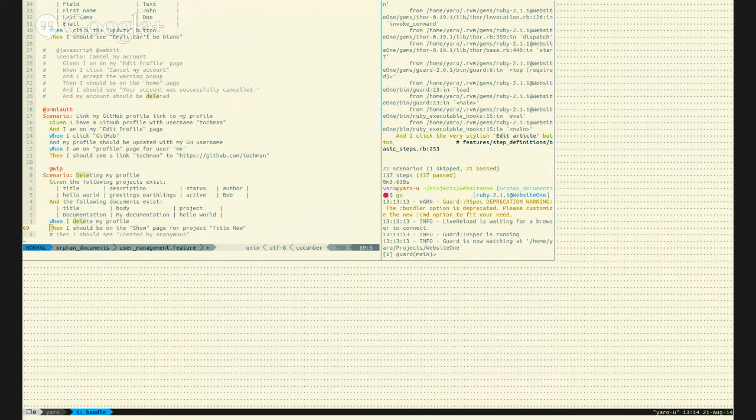Okay. Then the actual step should be, then I should go to this page. Shouldn't it be that one instead? Yeah, because if you say should be, it seems like the flow is you delete your profile, and you then create a right, like so. Yeah, I think we have a step for go to, so you can just replace. So when I delete my profile and I go to the show page for project Hello World,